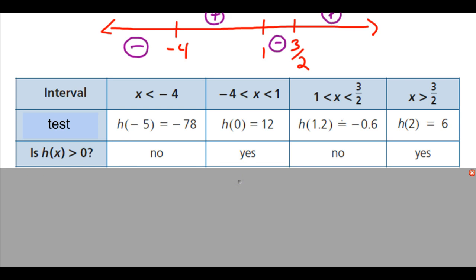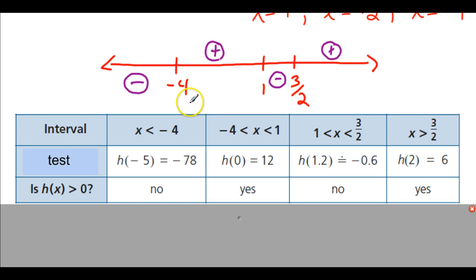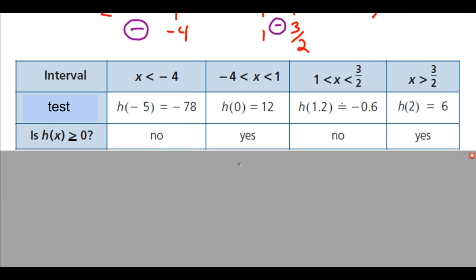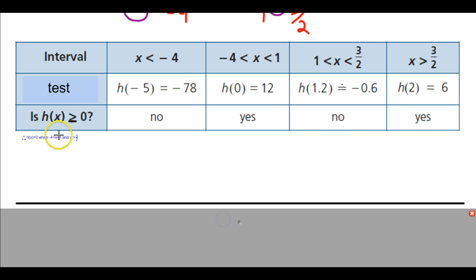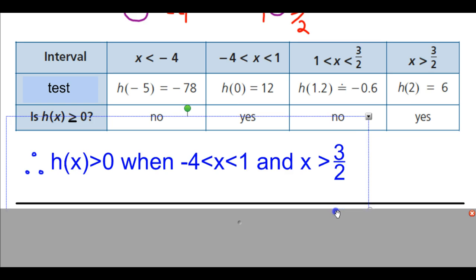And then basically we're just determining, sort of what I did here: is this a section of the graph that I'm interested in? Well, no. I want the values where the graph is greater than 0. Or sorry, in this case, I used greater than or equal to when I rewrote the question. So in this section, is it greater than or equal to 0? No, it's not. In this section, it is. No, it's not. Yes, it is. And so, kind of finishing up, my final answer would be,